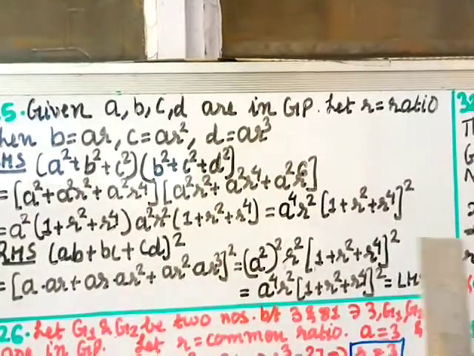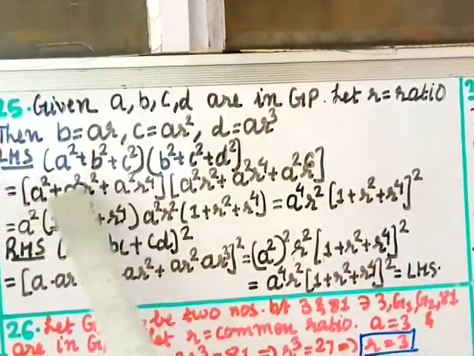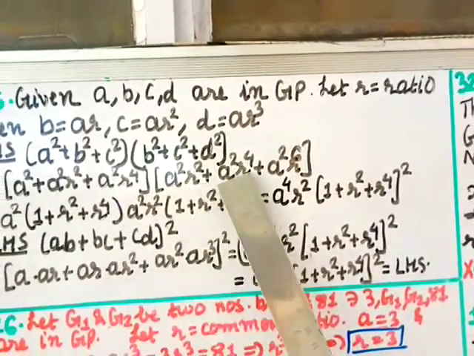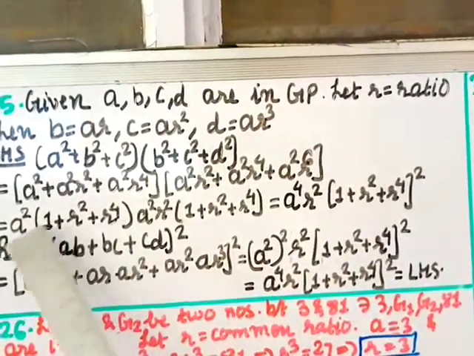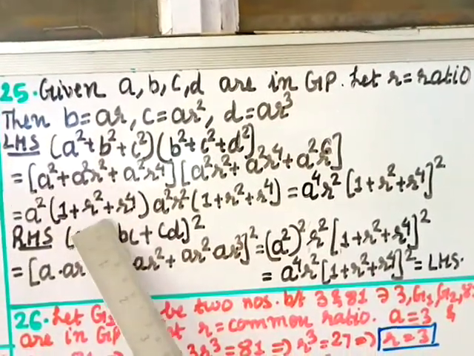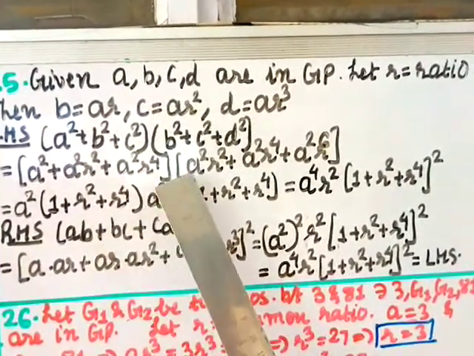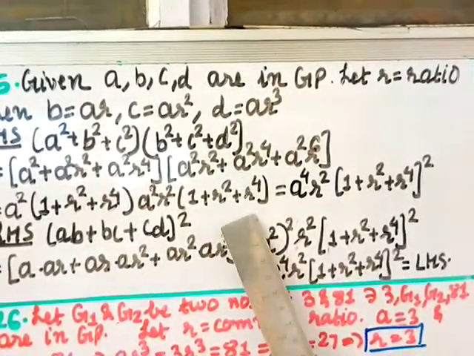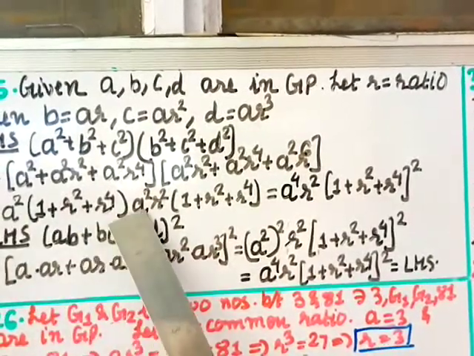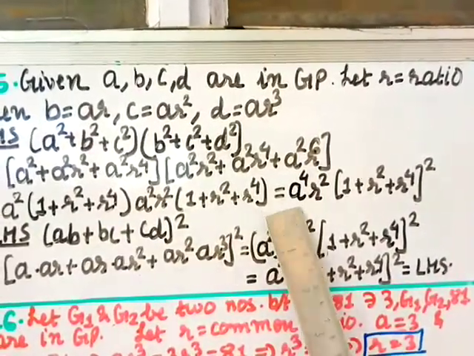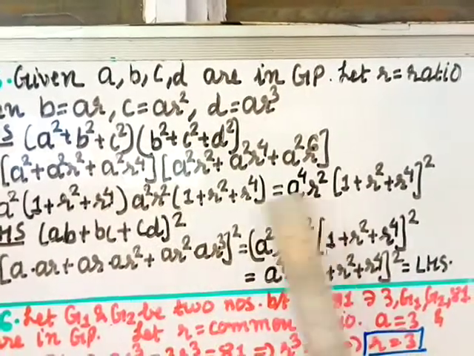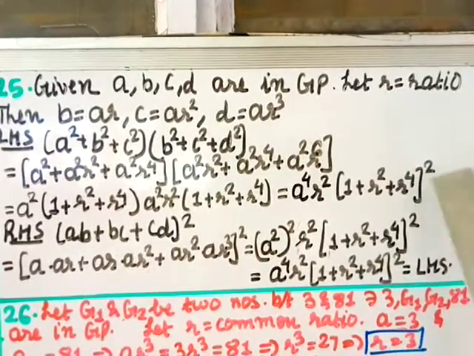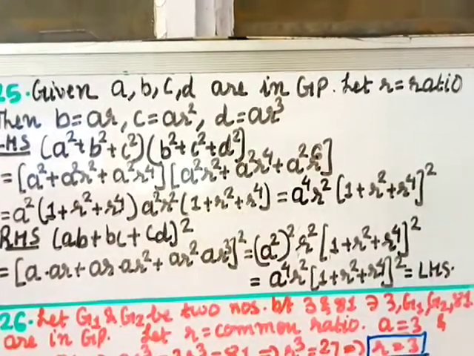So what you can get here is, from here you can take a square, and from here you can take a square, each term has it, and r square you can take from each term. So if you take from here a square, you get here 1 plus here r square plus here r power 4. Here when you are taking a square r square common, you get here 1 plus here you get r square plus r power 4. This can be written as a square into a square is a power 4, and r square here as it is, and this one is 2 times, so you can write 1 plus r square plus r power 4 whole power 2. Okay, this is 2 times, so square.